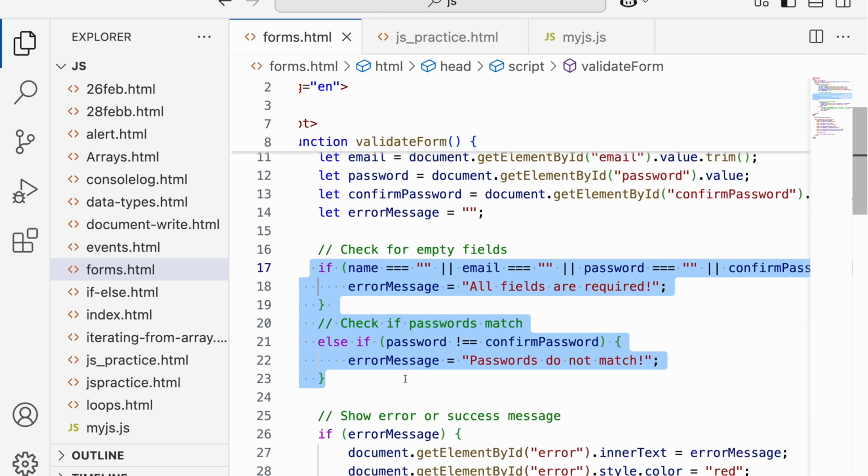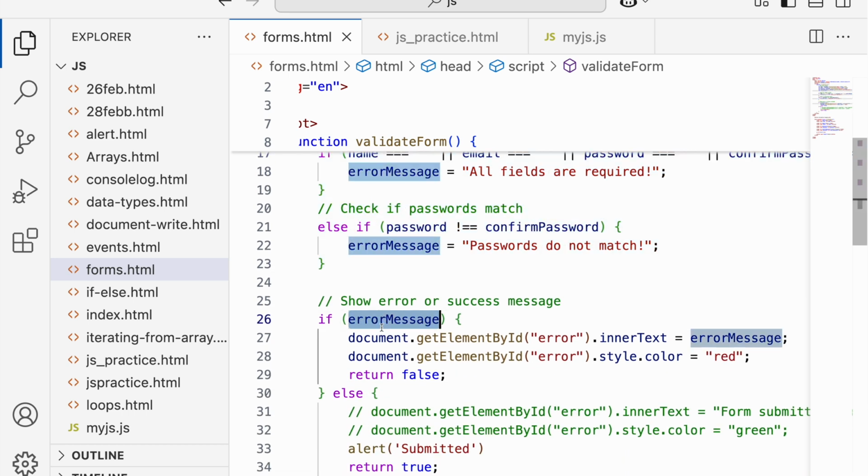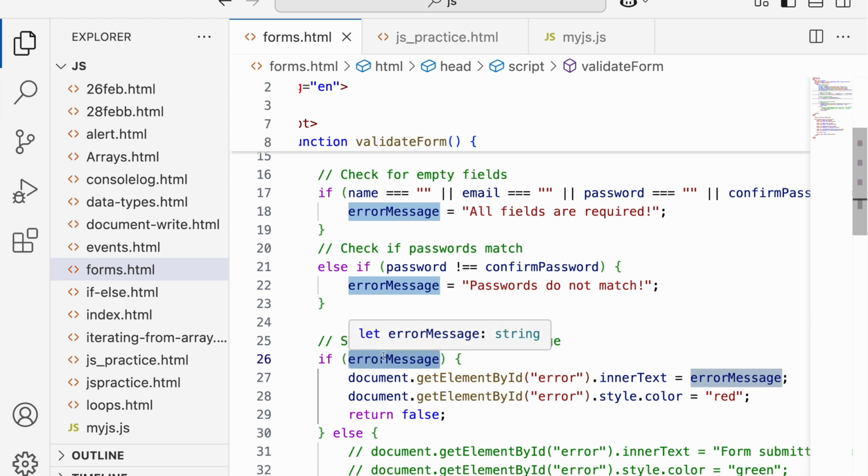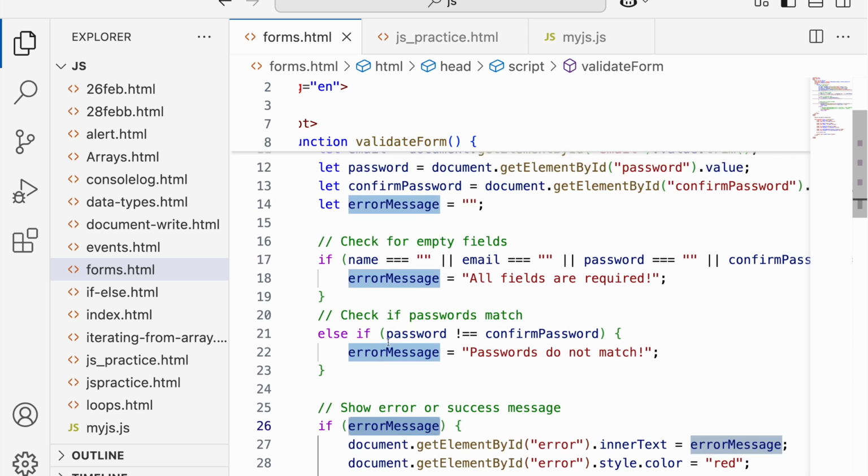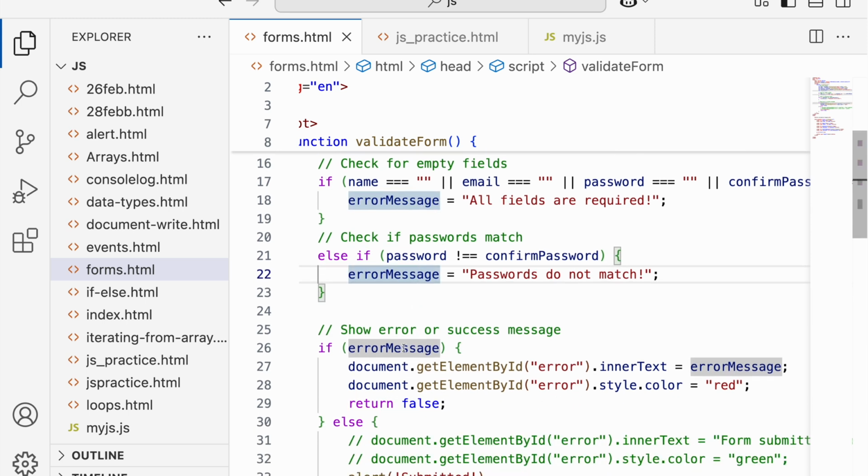Now these two validations we have. And if we say if there is an error message, that is true. If we use this syntax, if there is an error message, that means it's not empty, because initially it was empty. If there is an error, then there will be a value inside it. Could be, if you leave blank, that will be all fields are required, or if your password does not match, then there will be a string inside this variable. We are saying if it is not empty, or if there is an error,